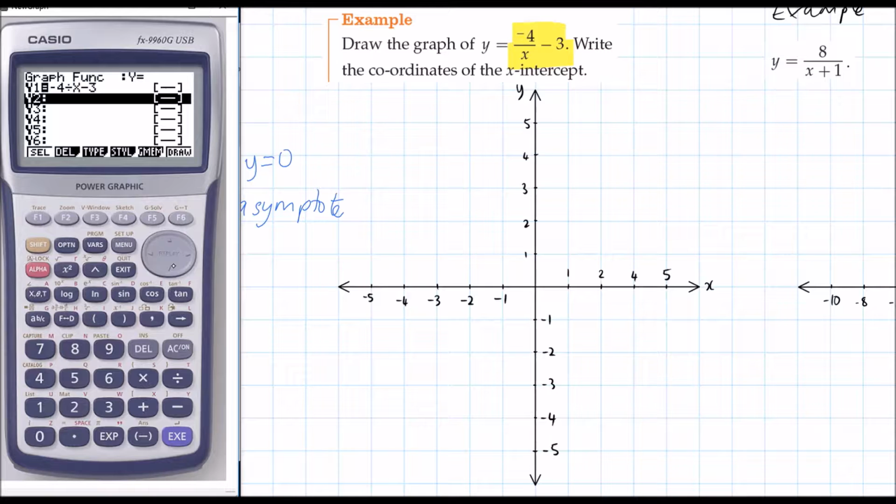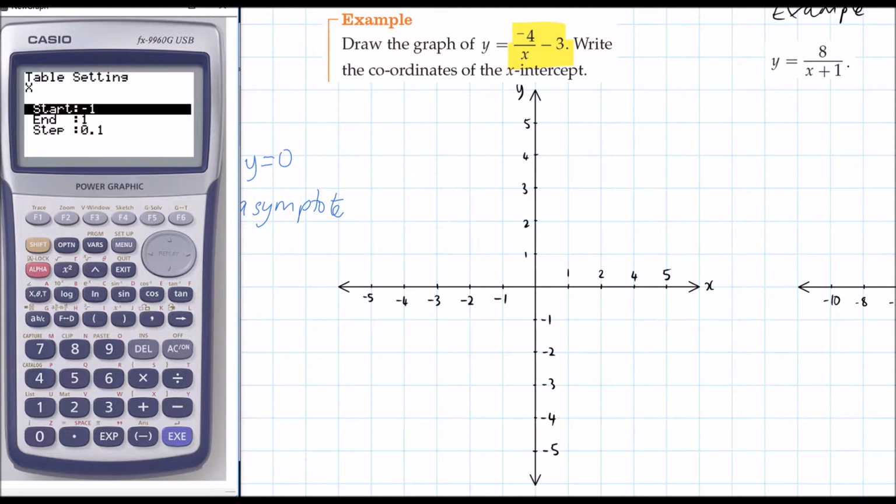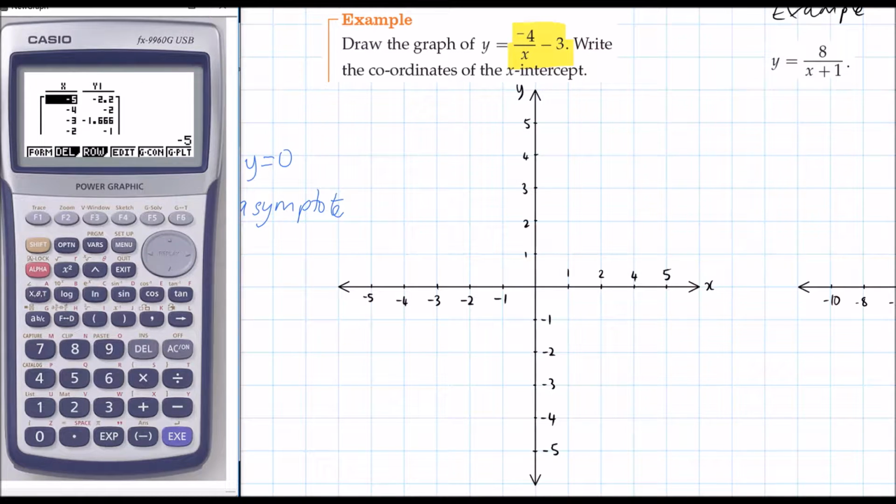So I'll go into my table mode again, and we'll set our graph to start at negative 5, we'll go through to positive 5, and we'll go up in steps of 1. Okay, so my first point that I can put there at negative 5 is 2.2, so way up here. It should be negative 2.2, so let's try that again. So negative 2.2, and then 2,